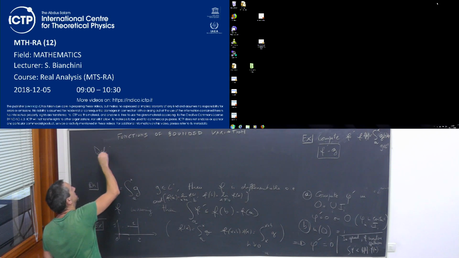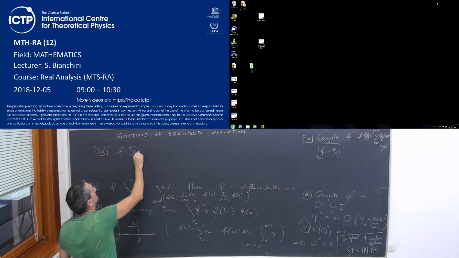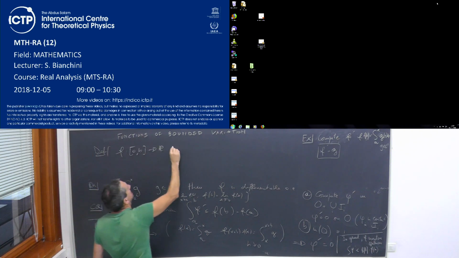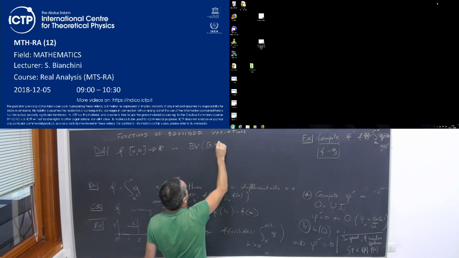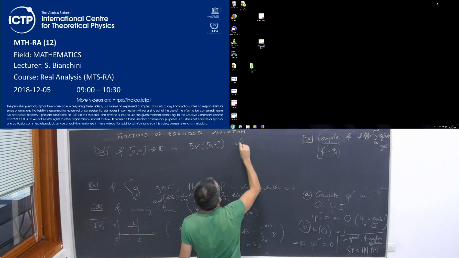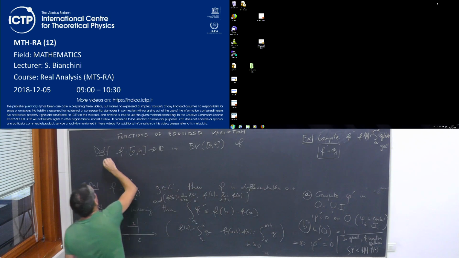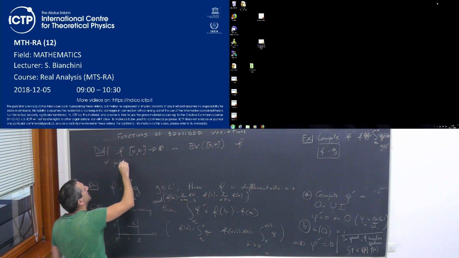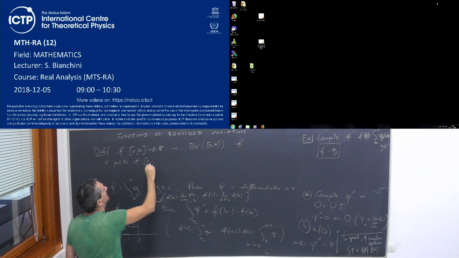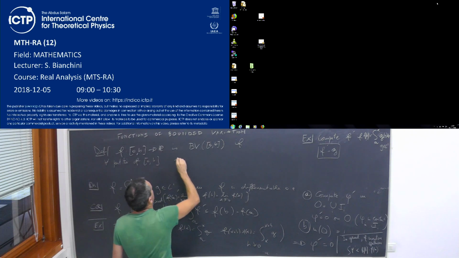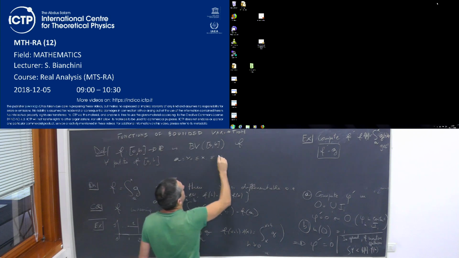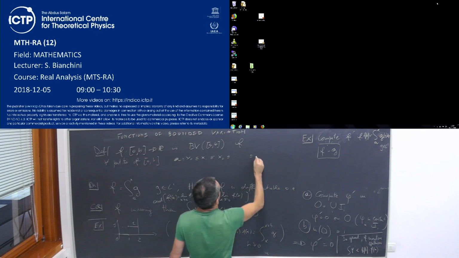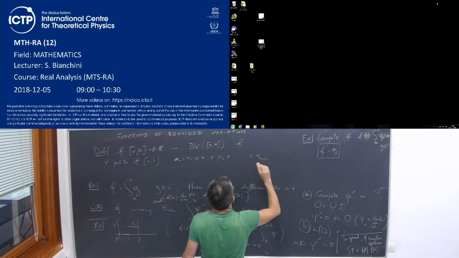So the definition is: f is of bounded variation, called BV, if for every partition of [a,b], let's call it a = x_0 less than or equal to x_1 less than or equal to x_2 less than or equal to x_{n+1} = b,